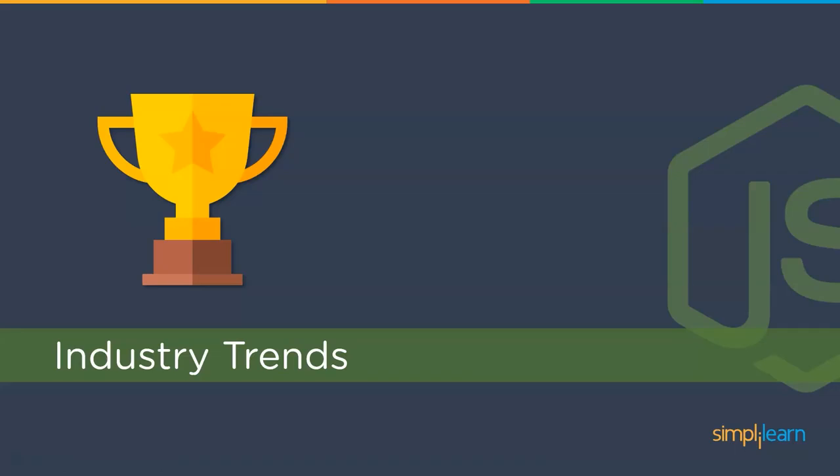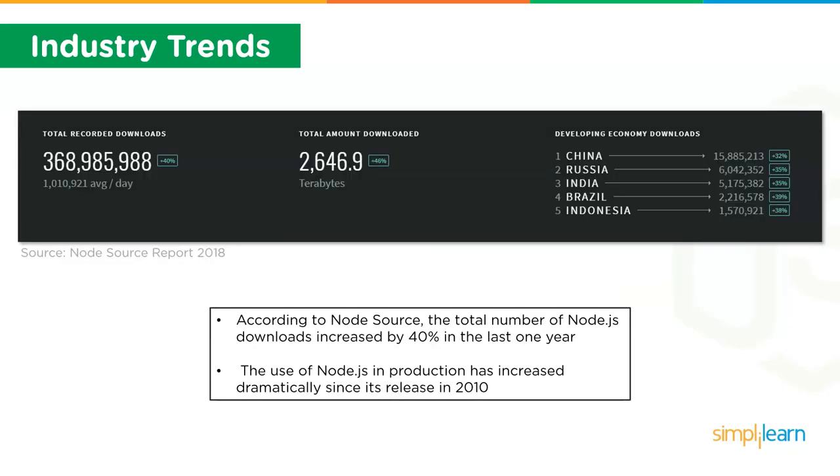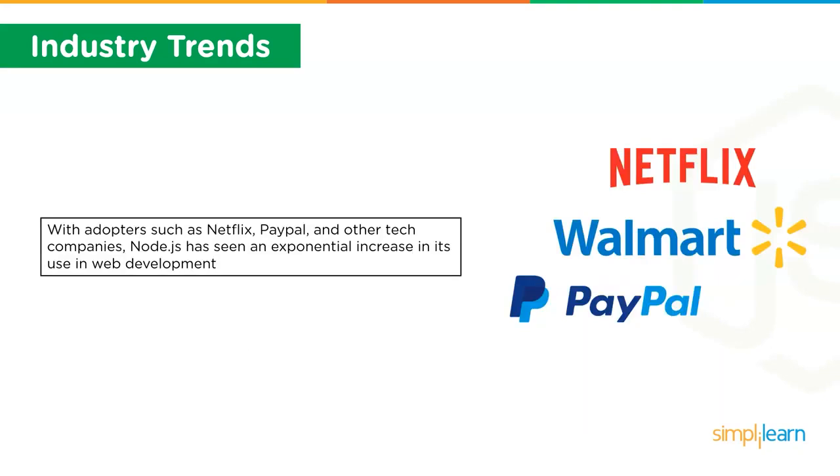Moving on to the last topic of this session, industry trends. Now, Node.js developers are in demand across the globe since many companies are adopting JavaScript libraries. According to Forbes, it is one of the top 10 most in-demand jobs. According to NodeSource, the total number of Node.js downloads increased by 40% in the last 1 year. The use of Node.js in production has increased dramatically since its release in 2010. With early adopters such as LinkedIn, PayPal, and Netflix, among others, Node.js has seen an exponential increase in its use